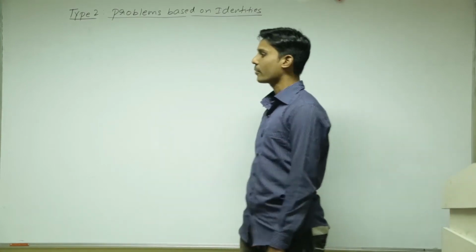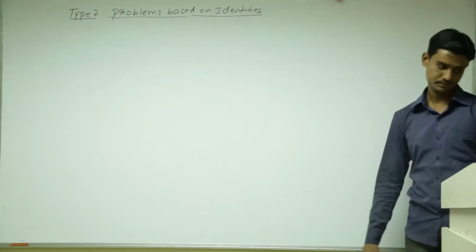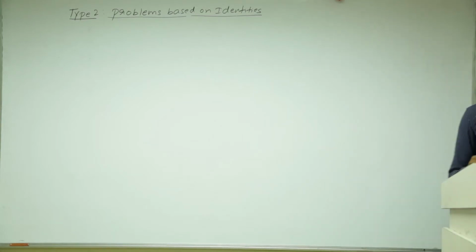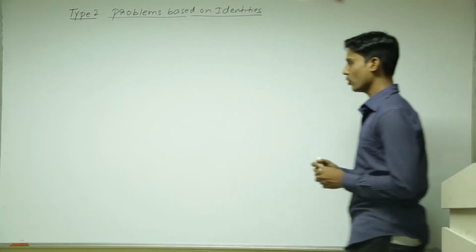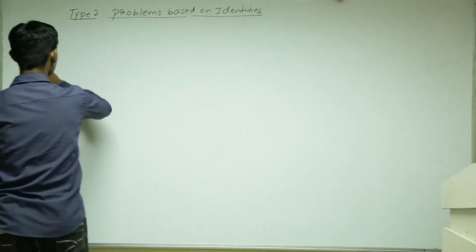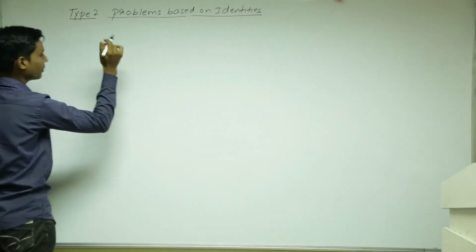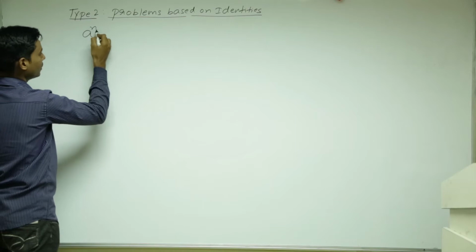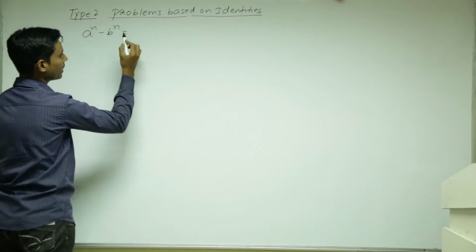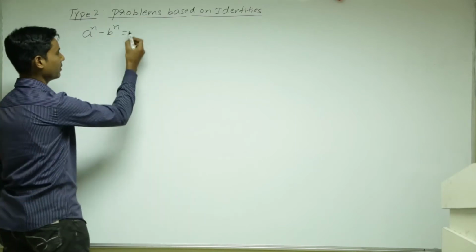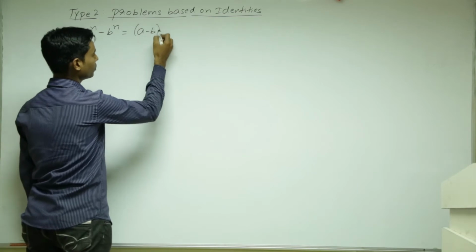Please write down the heading: Problems based on identities. Right? Now see here. Before we start with the problem, let me tell you the easiest way to remember some formulas. See here. Suppose a power n minus b power n, it is given by (a - b) into (a